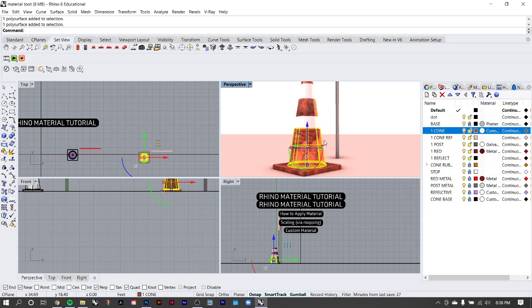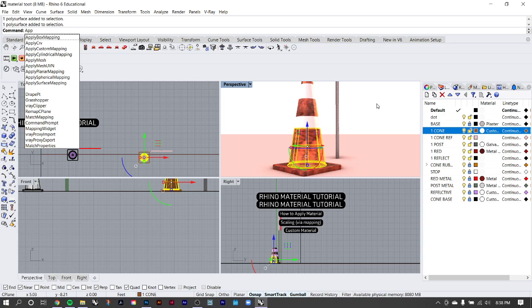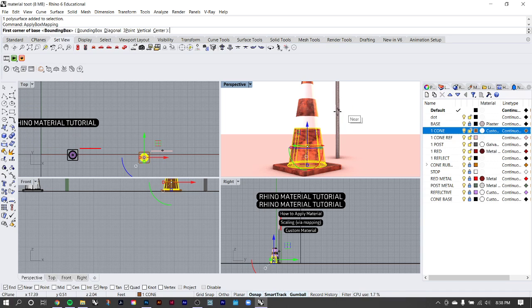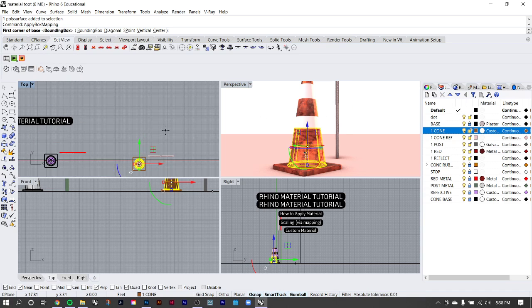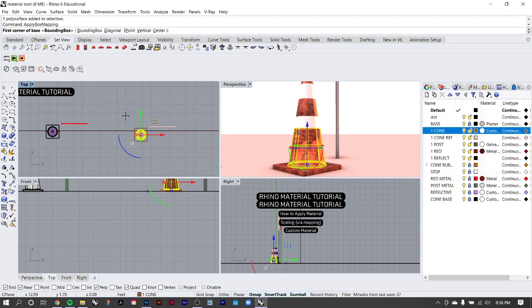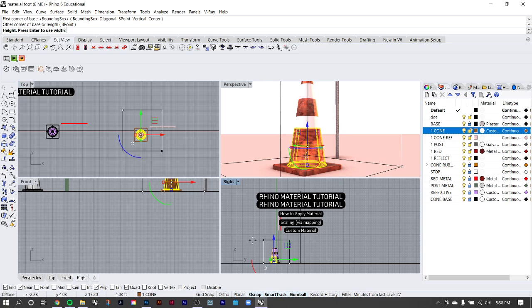And so to fix that, in this case, I actually found that apply box mapping is the way to go, but there's a few different ways you can scale materials onto things. So apply box mapping, how this is going to work is it's going to take that image and send it onto a box that surrounds that specific object. Now the image is going to be scaled to how big you make this box. So if I make this box right here this big, that's how big my image is going to